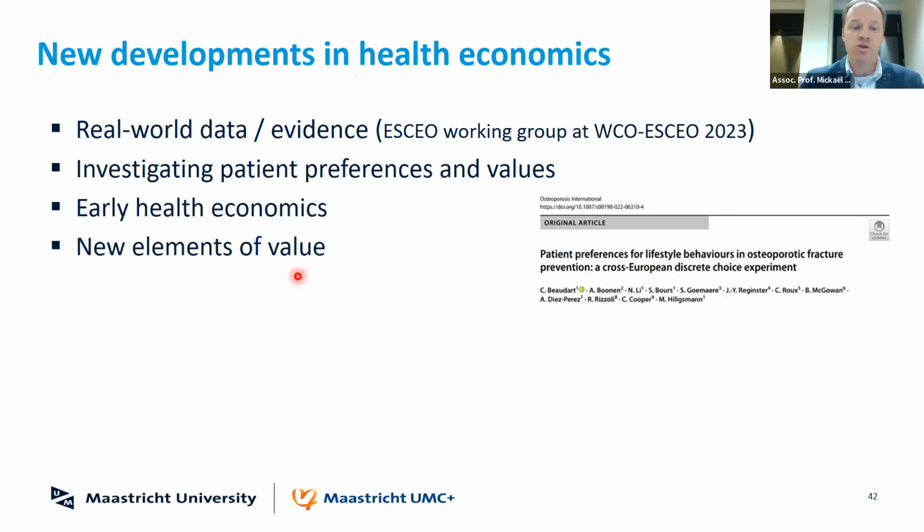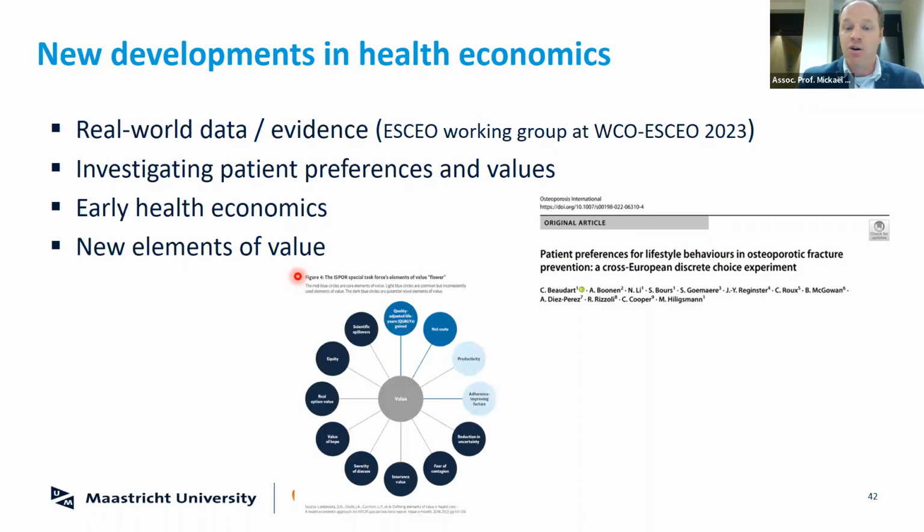And finally, we also observed that in the field of HTA, there are new elements of value that are becoming also important for a payer. It's not only the dimensions of quality and cost, but the effect on productivity, on informal caregiver, on adherence, improving factor, and a lot of other considerations are also becoming important to really put the place on a good value